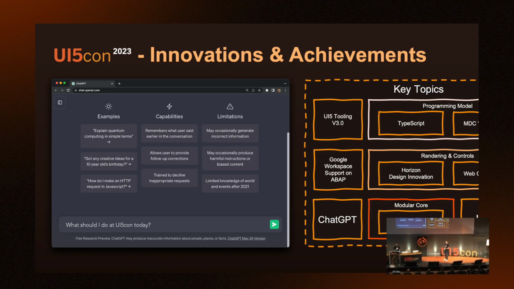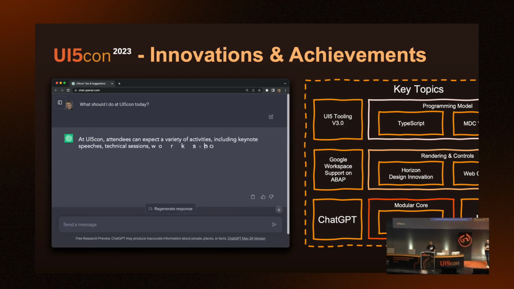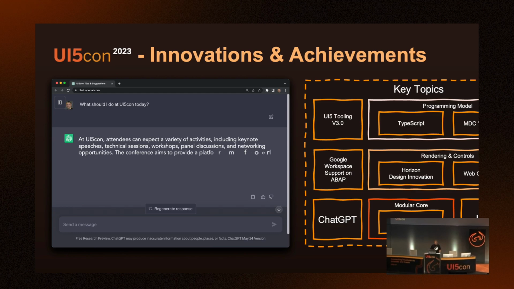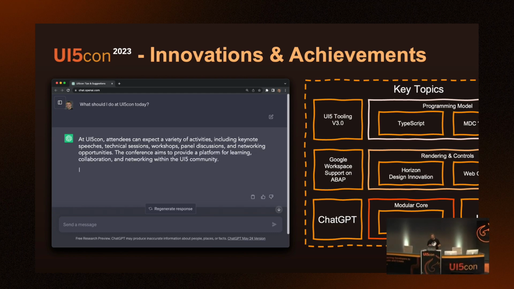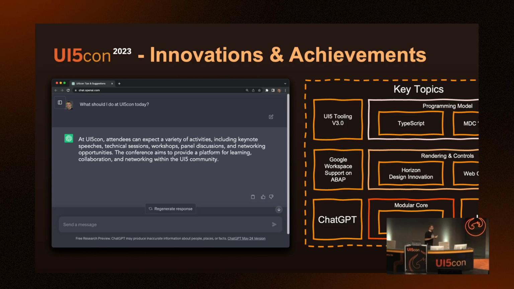And guess what? At UI5con, attendees can expect a variety of activities, including keynote speeches, technical sessions, workshops, panel discussions, and networking opportunities. The conference aims to provide a platform for learning, collaboration, and networking within the UI5 community.